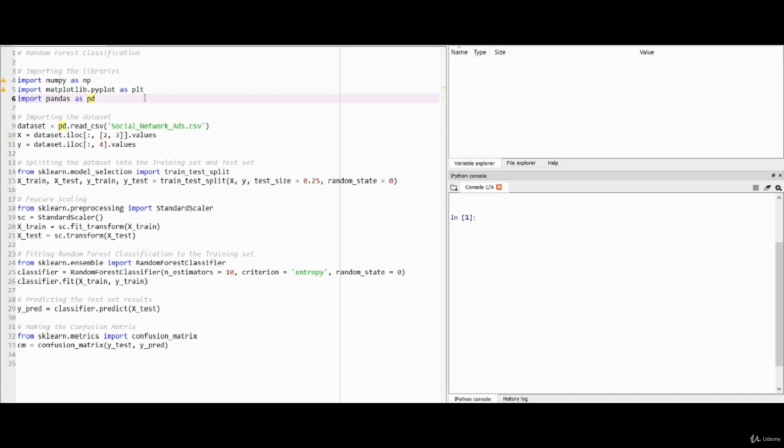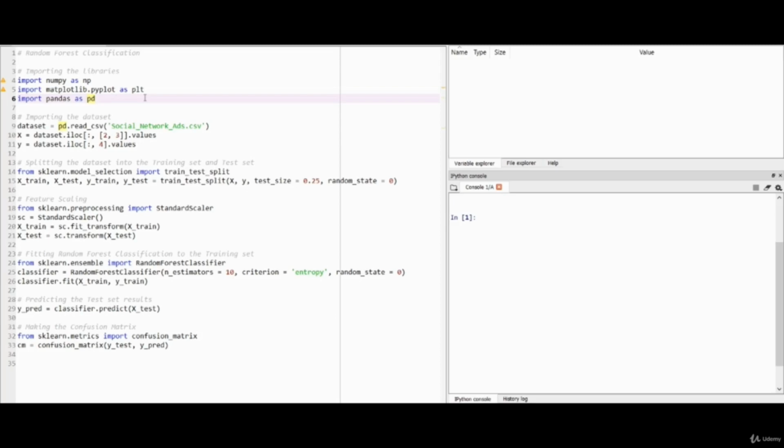The first three steps are the same, that is importing our libraries, importing our dataset, which is Social Network, which we are using from previous models only, and the third is splitting our dataset. Then after the feature scaling, comes our main important step, which is training our model. For this we are using the sklearn.ensemble module, and from this module we are importing the RandomForestClassifier class. After importing our class, now we have to initialize our object for this class. So the object is as always classifier, which is equal to the RandomForestClassifier class.